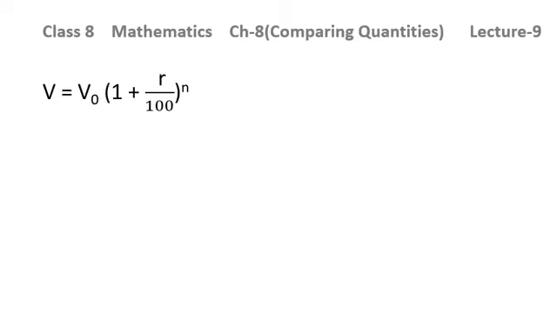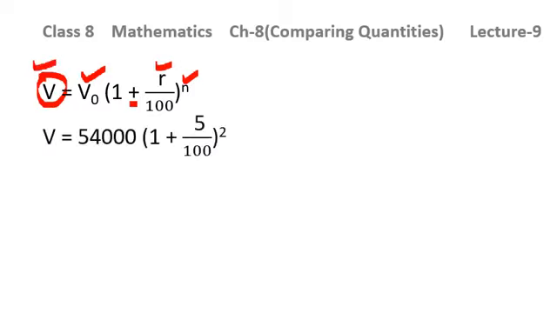So this is the formula. This is basically your future value. This is your present value. This is the rate by which the population is being increasing or decreasing. You can say if it is decreasing, then you will be taking minus sign here. And this is the number of years. So this is the future value. Basically, this is what I needed to tell you in this part specifically.